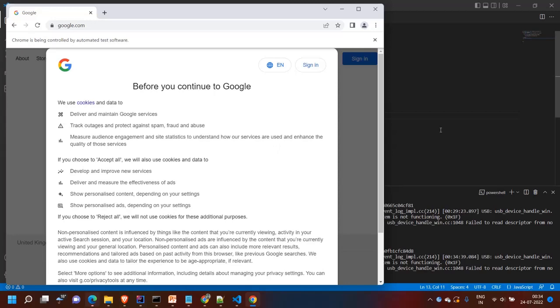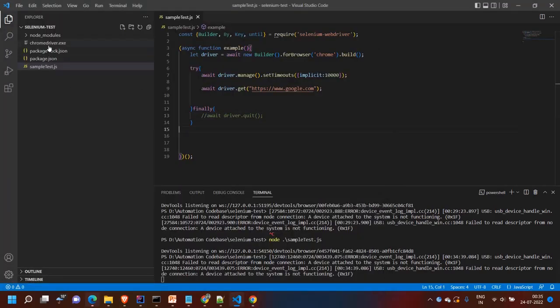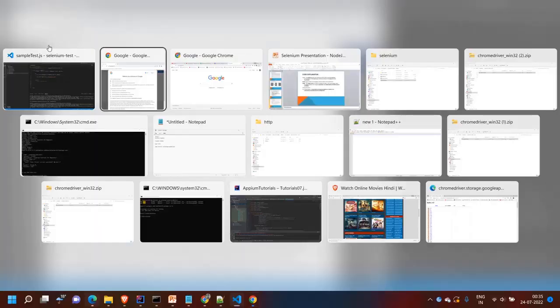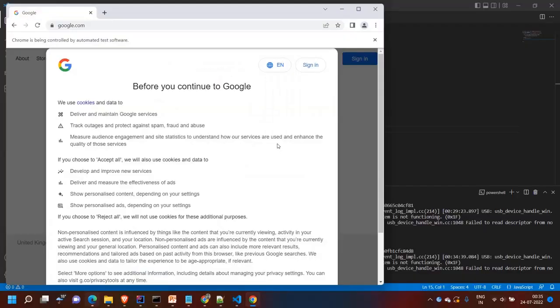The WebDriver we have given, this ChromeDriver. Okay, it's opening the browser actually, so that it can control, not only control, it can communicate with the browser. It cannot communicate with this browser actually. Okay, so once it is opening,